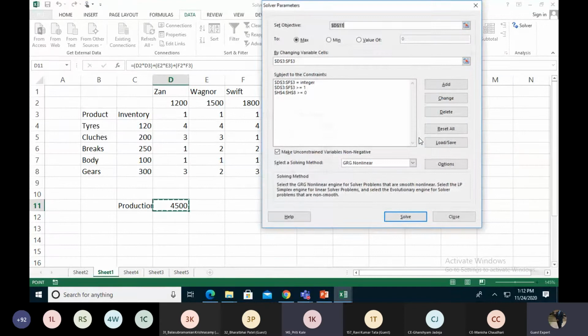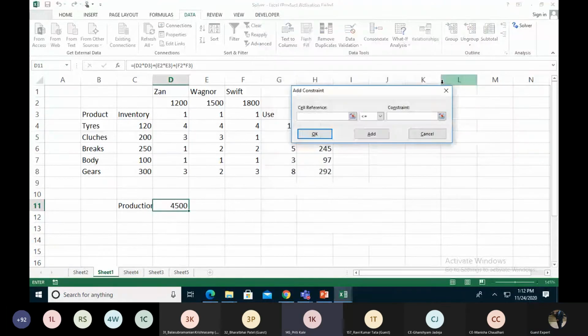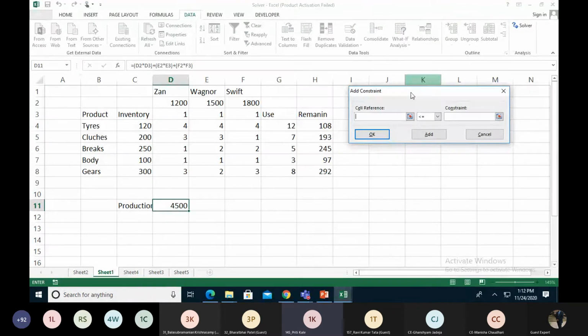Okay, so all different we are able to use, sir? Yes, this is allowed. While adding a constraint, it is supported from 2010 onwards. We select a cell, equals to, and all different.